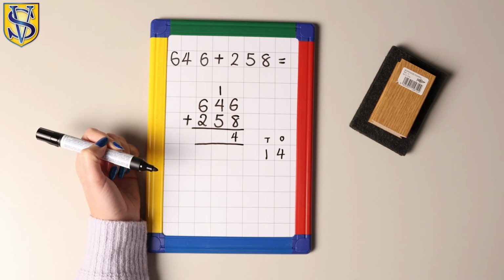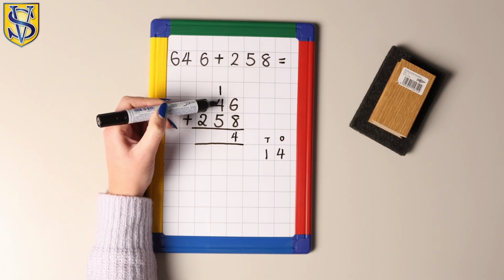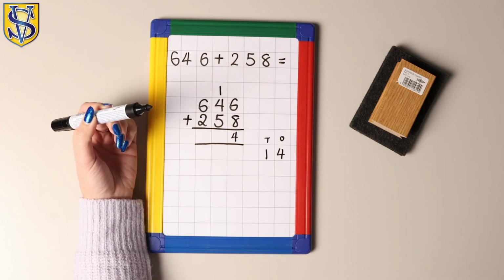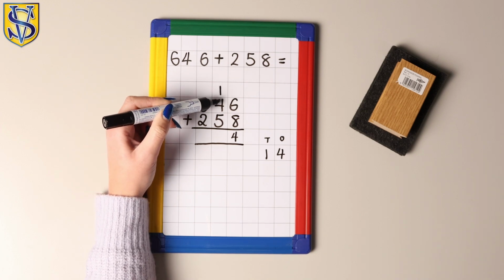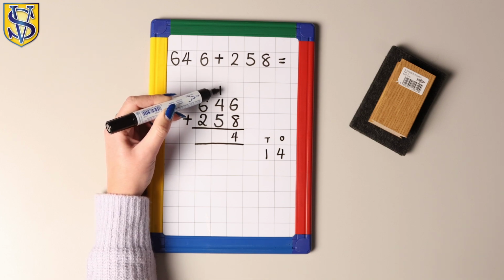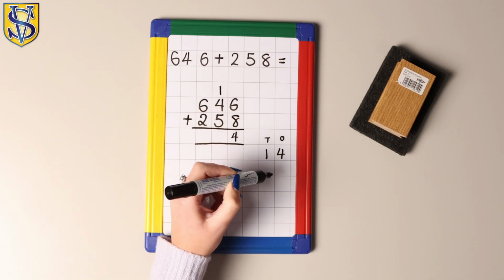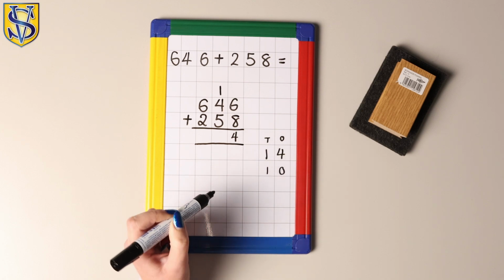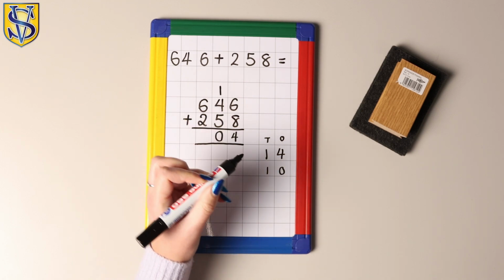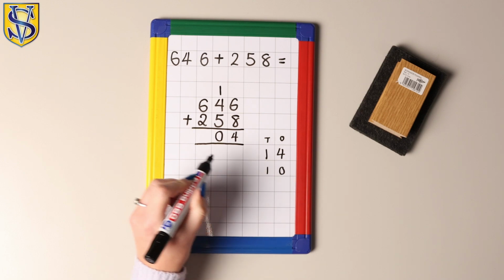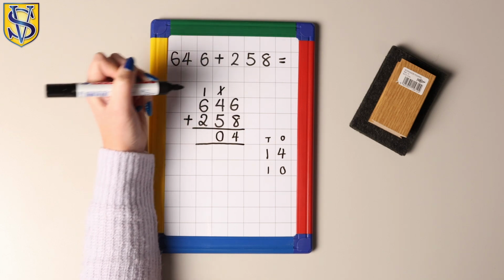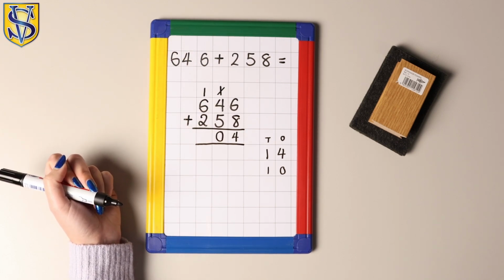So now we're going to do 40 add 50, and this is really 10. But to make it easier, it's going to be 4 add 5, which is 9, add 1, which is 10. So as I did before, I'm just going to put it here in case I get confused. I'm going to put from the ones column here, so the 0, and then the 10 is going to be carried over to here. You can cross it out if you want, so you can remember that you've carried it.